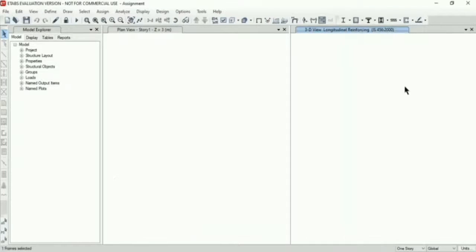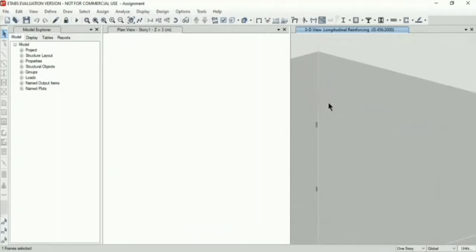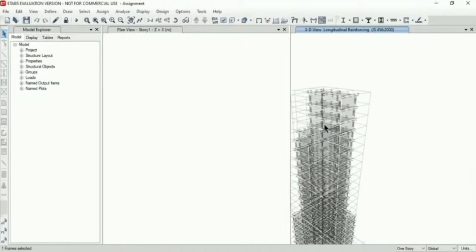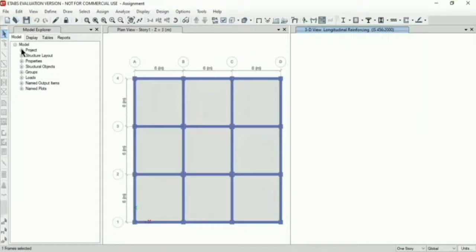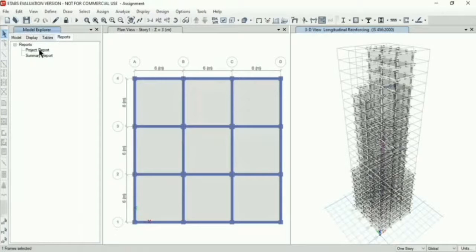Here the design of the building is complete, and you can check the reinforcement amount in 3D view. We can generate the project report.